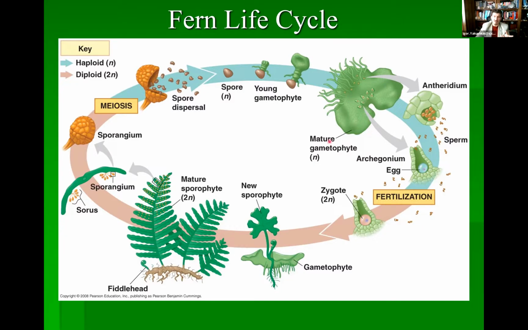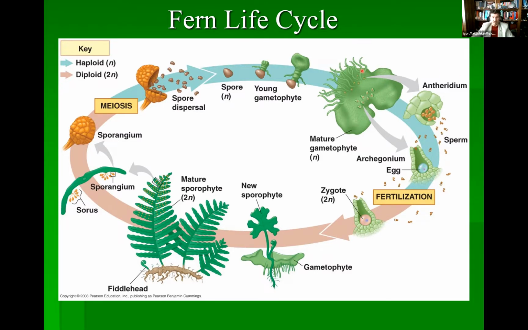So on the gametophyte, in the central part, we'll find the archegonium, the structures containing the eggs. And then on the side of that, quite often we'll find the antheridium containing tons of sperm. Sperm require water to swim from the antheridium into the archegonium. Can they do self fertilization? Technically, yes, but they prefer not to in order to increase the genetic variance.